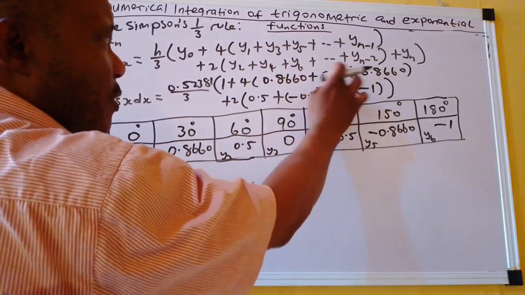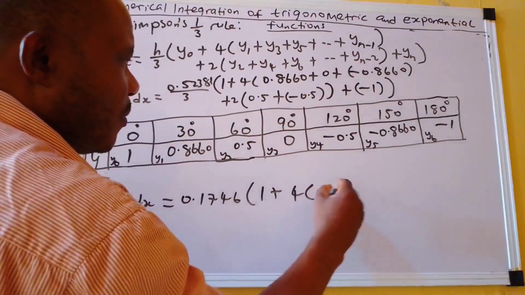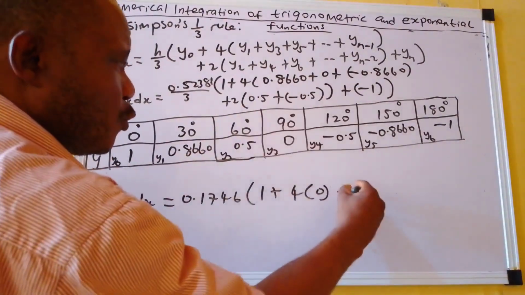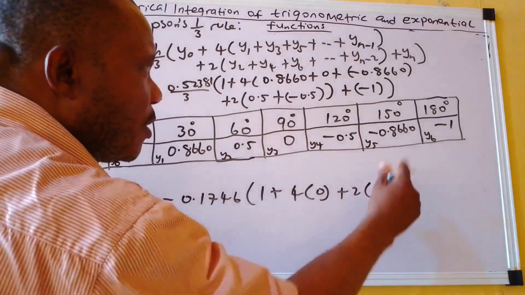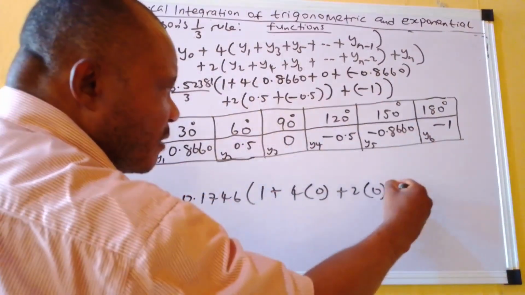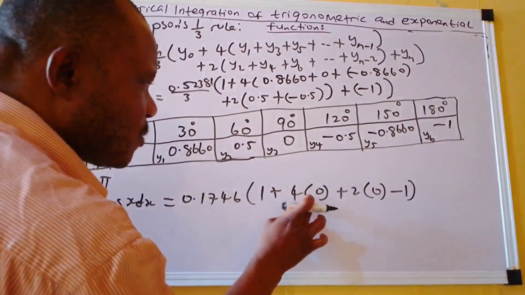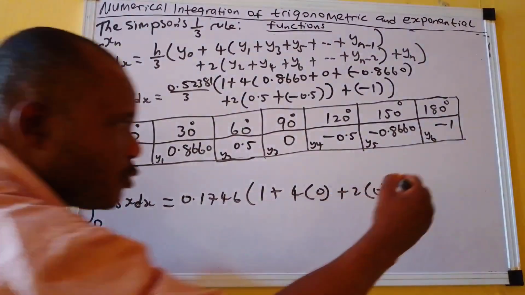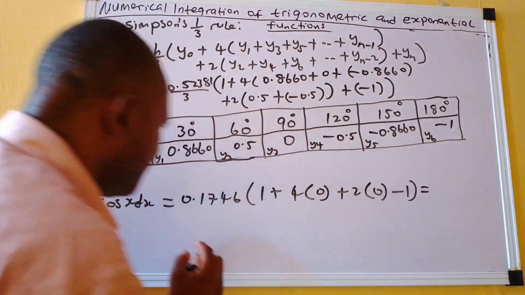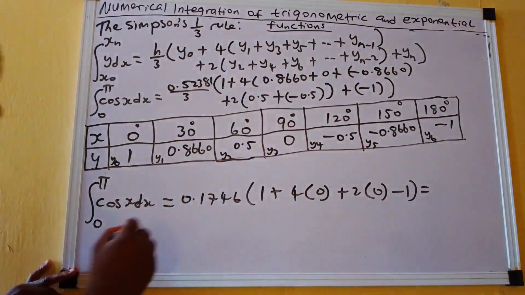0.8660 plus 0 minus that, of course, that will give us 0. Then what do we have in the bracket of 2? 0.5 minus 0.5 will also give us 0. Then minus times plus will give us minus 1. So you can now say this one is 0, this one is 0, 1 minus 1 is also 0. So this will now take us to having